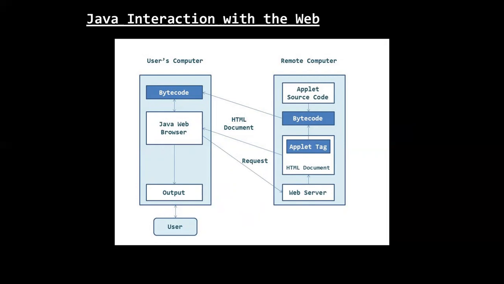The document contains the applet tag, which identifies the applet. Step 3. The corresponding applet bytecode is transferred to the user's computer. This bytecode had been previously created by the Java compiler using the Java source code file for that applet. Step 4. The Java-enabled browser on the user's computer interprets the bytecodes and provides output. Step 5. The user may have further interaction with the applet but with no further downloading from the provider's web server. This is because the bytecode contains all the information necessary to interpret the applet.